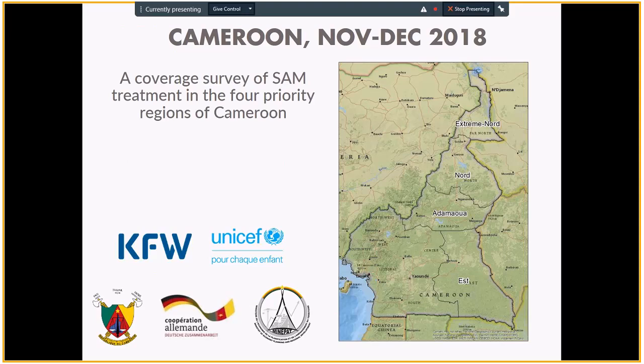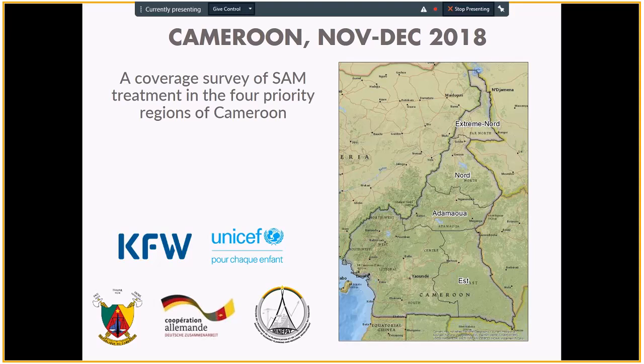I don't know, maybe if you don't know where Cameroon is, that's Nigeria there, that's CAR, Central African Republic on the right, and then at the top on the right is Chad. So it goes from a very tropical rainforest, very green, humid, to right up to the north, a very hot and dusty and harsh environment. So those are the 4 regions. It's a massive area, so I had to put my thinking cap on as to how we can actually do a survey in the time and with the resources available.